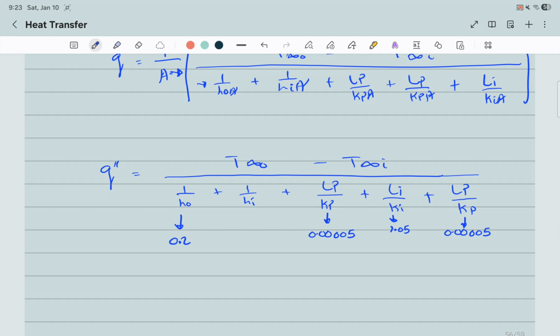Just to avoid any confusion. And this term here has a value of 0.2. Therefore, the heat flux will equal